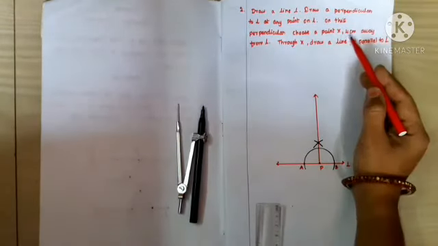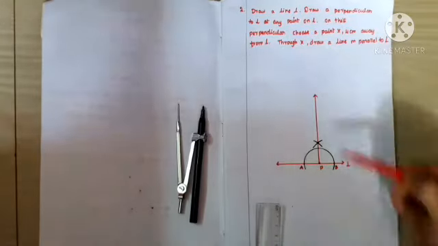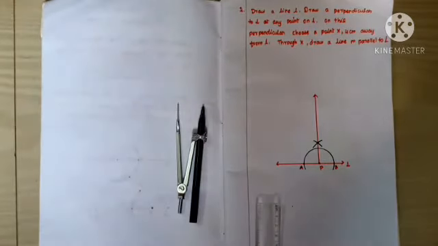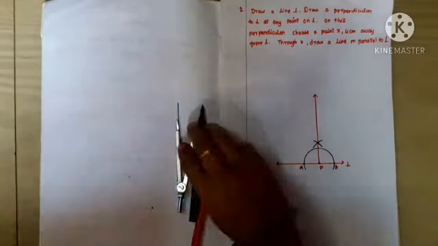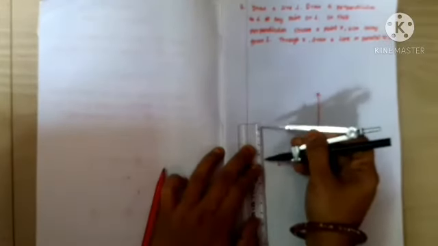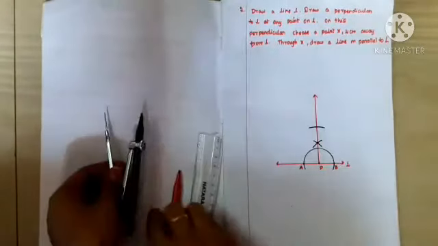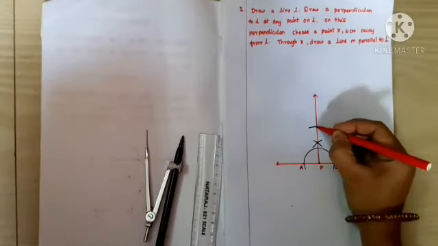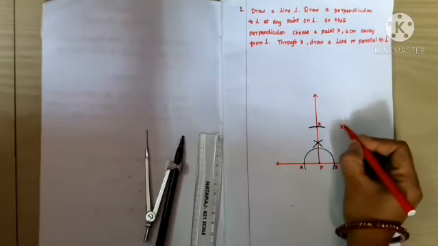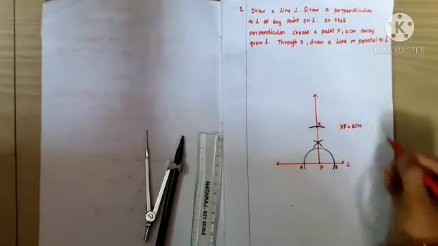See the next hint that they have given, 4 cm away from L. So we have to take that X that is 4 cm away from L. So now you have to take the compass and measure 4 cm as radius. Now fix the needle at P, draw one arc which cuts the perpendicular line in one point. From P to that point, you have to mention that as X. So XP is equal to 4 cm.